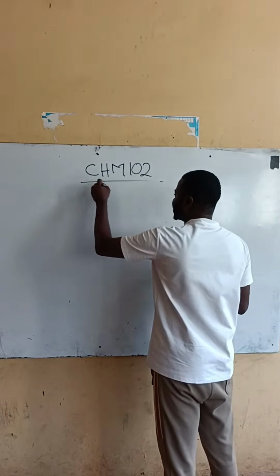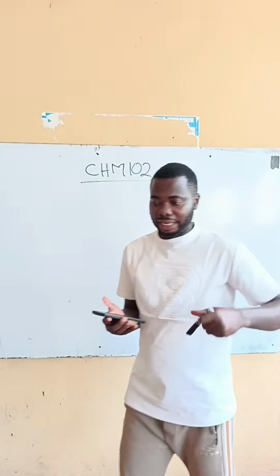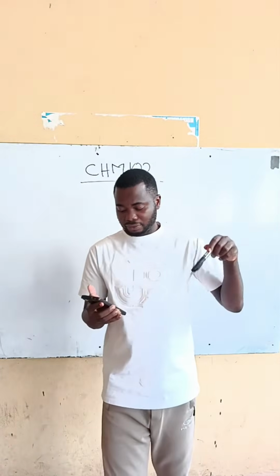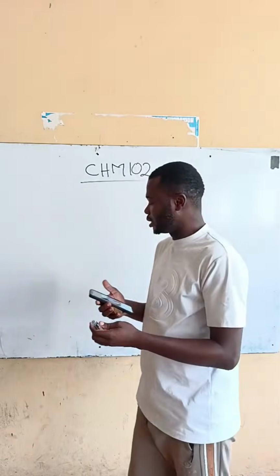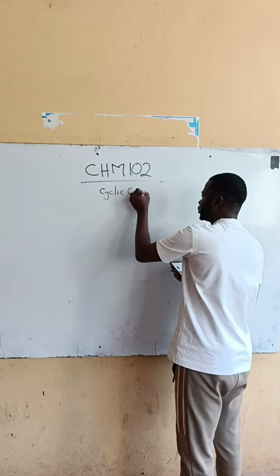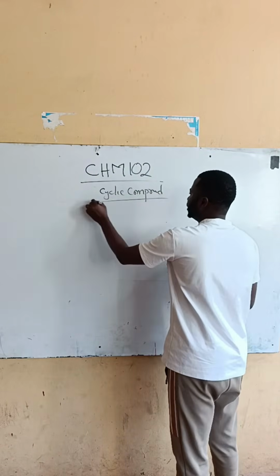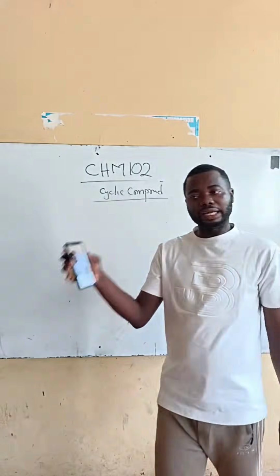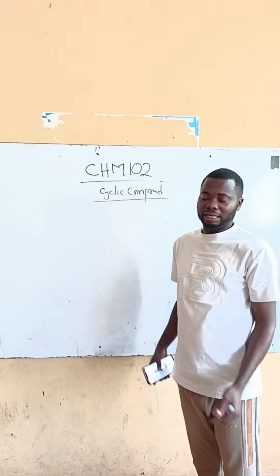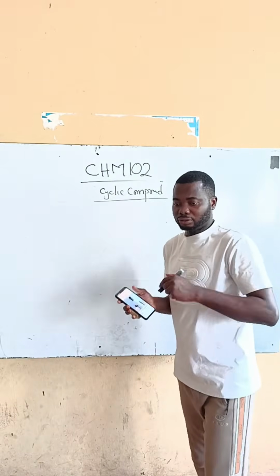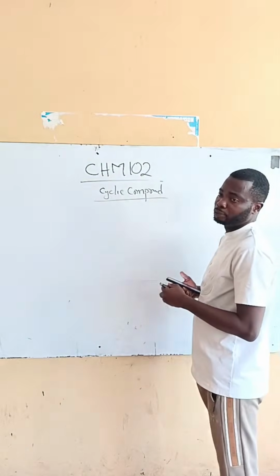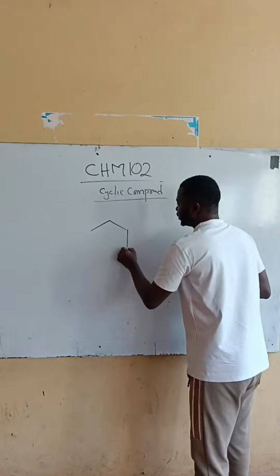So meaning that we have cyclic compounds. I'm going to be showing you some cyclic compounds. The reason why I need to focus on this is because some of you don't know how to name if it has to do with cyclic structure, and that is why I'm doing my best to explain it to you. For example, if a compound is written this way,